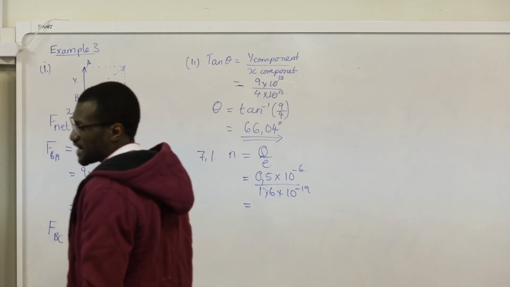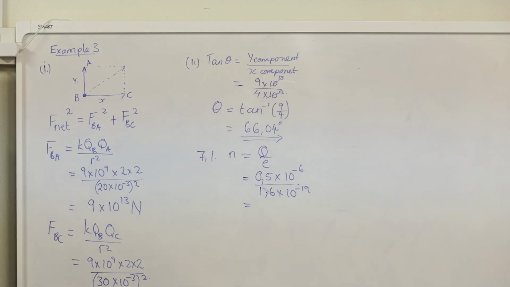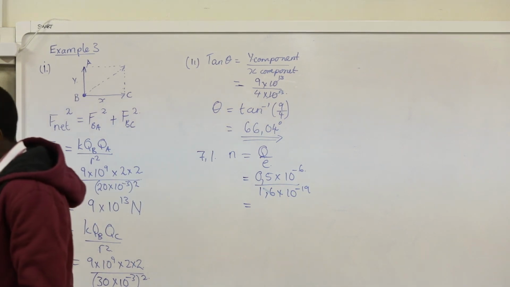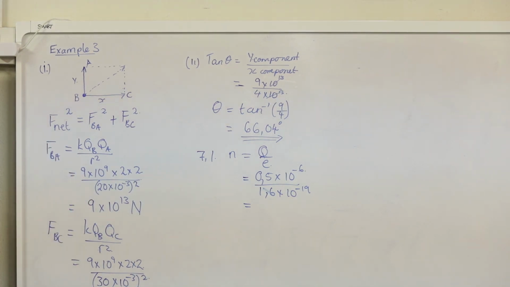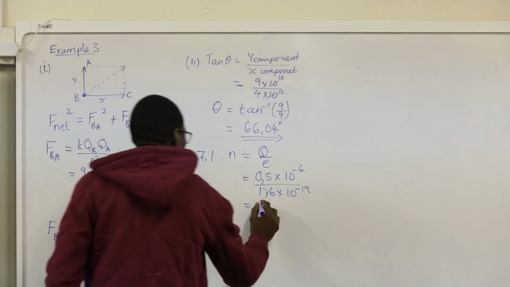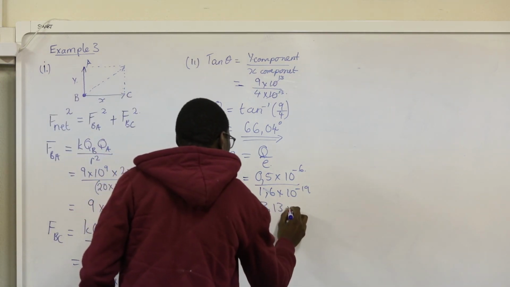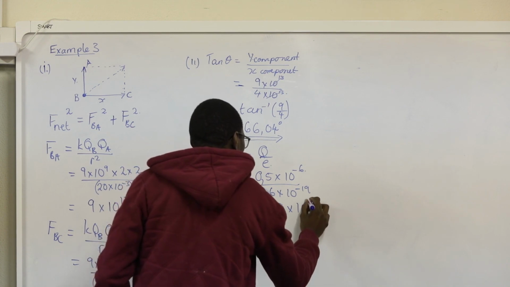All right, if you divide the two, you will get 3.13 times 10 to the power of 12